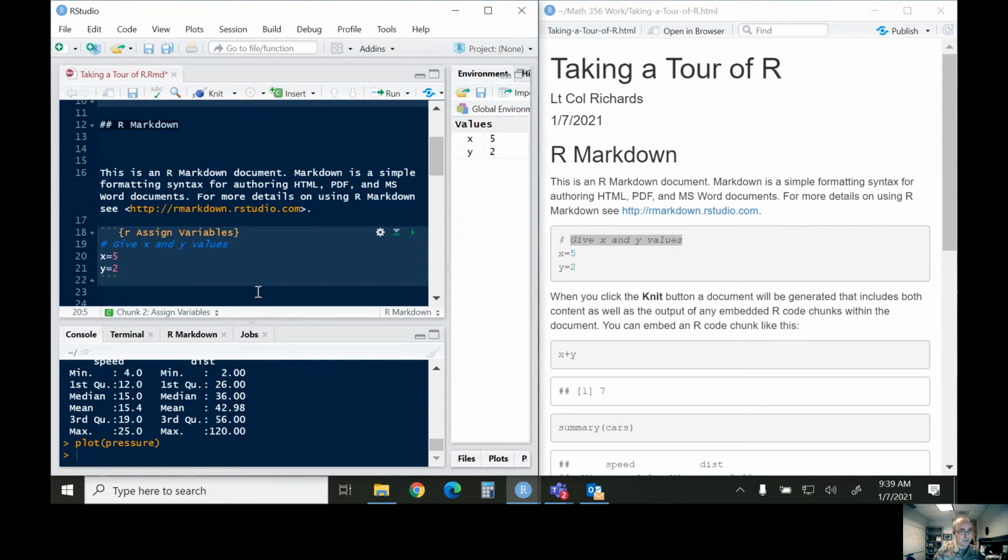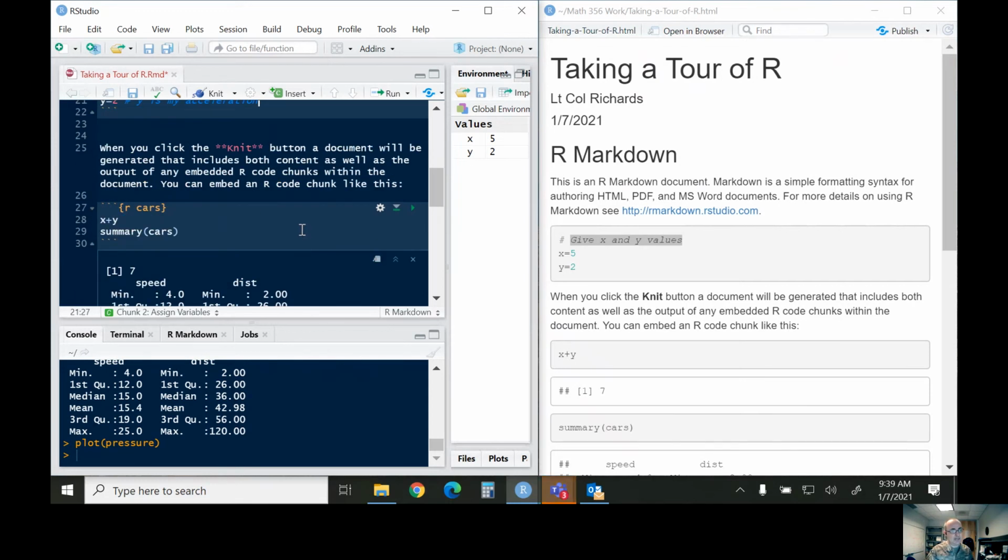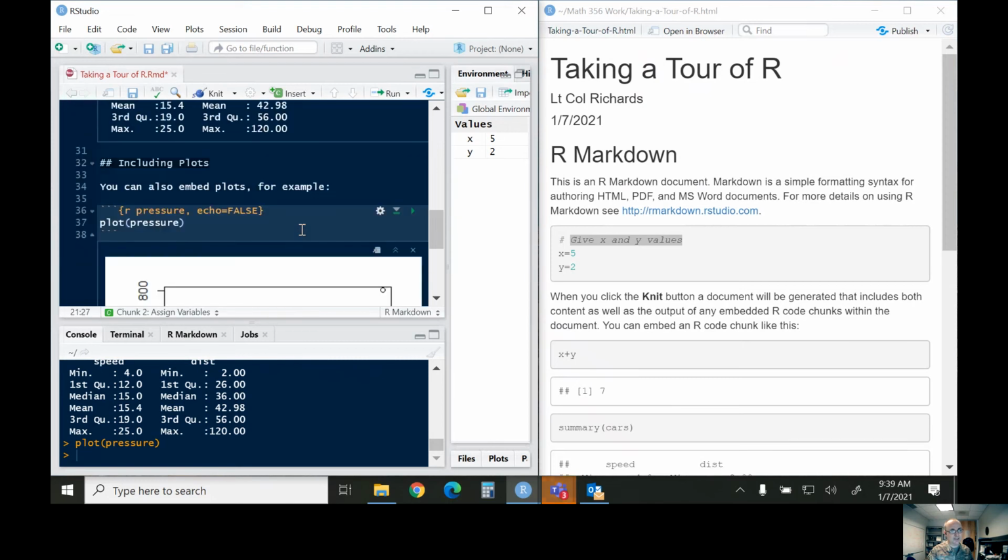If I wanted to, I could put here and remind myself, maybe X is my velocity, and then I could go down here and say Y is my acceleration, or something like that. So you can be as crazy as you want with the comments, but in general, they should just be succinct and short at a minimum to say, here's what's going on. You don't need one for every line, but you should have at least one comment for every chunk of code. All right, I think those are the main points of looking at these, the syntax, if we will, of